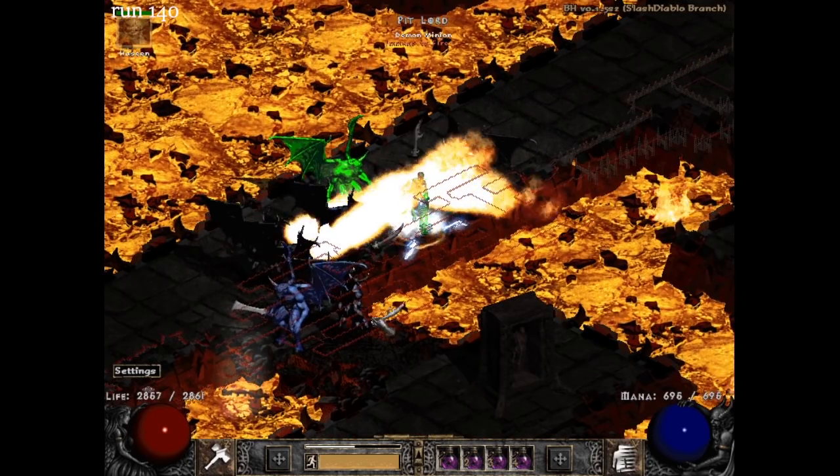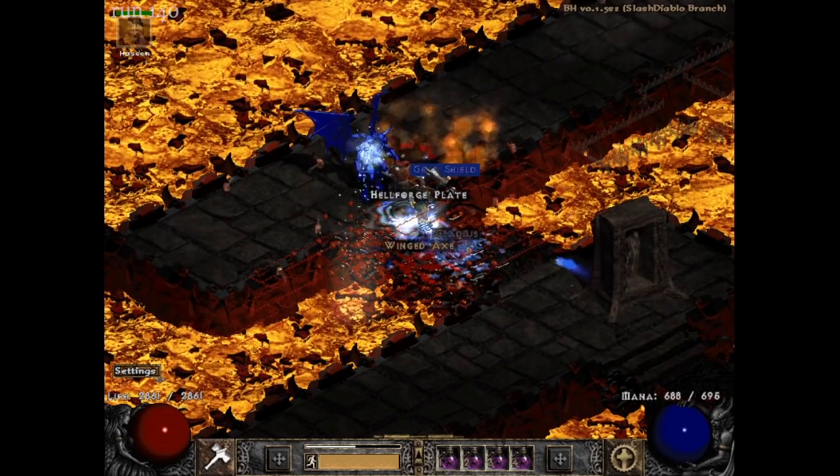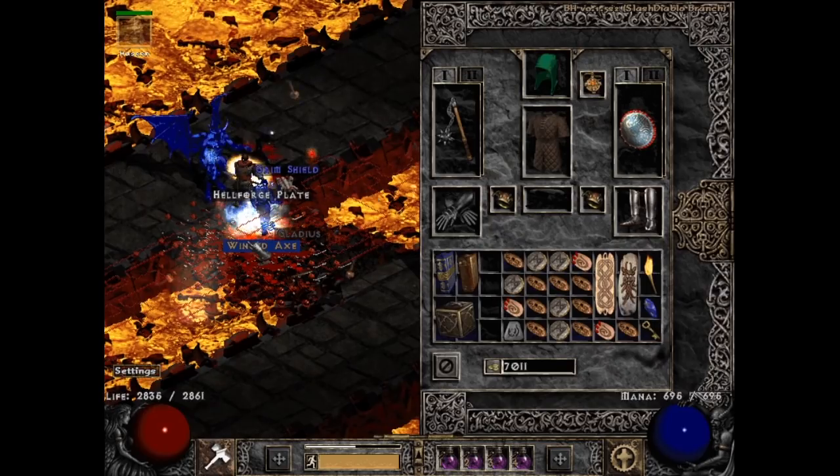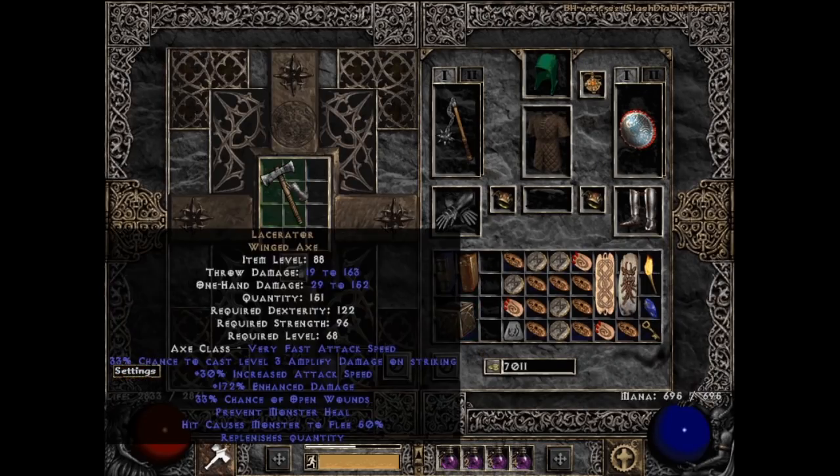Run 140, I found another one of those items that I really wanted to find. This time, en route to the CS, I found the unique winged axe, which is the Lacerator. Pretty much the best throw weapon in the game. I mean, it doesn't really have much competition, since there are only a few unique throwing weapons available, but it